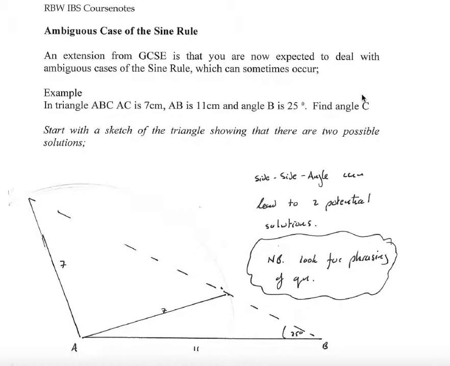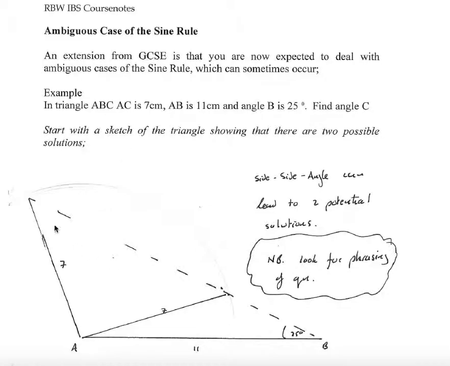At GCSE you learned the sine rule and the cosine rule, but what you didn't learn is that in some cases of the sine rule there are two possible solutions to the problem that you've been posed. It depends upon the order in which the information has been given to you. But for example, if you are told side-side-angle, so if I were to draw this out, A to C